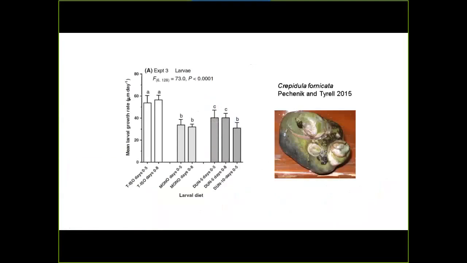And I'll show you one more example. This is really weird. So here we are growing larvae on 3 different kinds of phytoplankton. So this is one species, one species, one species, and this is the larval growth rate. So on this best diet, they're growing about, in this case, 50 or 60 microns a day. On the other 2 diets, they're growing much more slowly as larvae. But they all survive, they all get to metamorphose, and